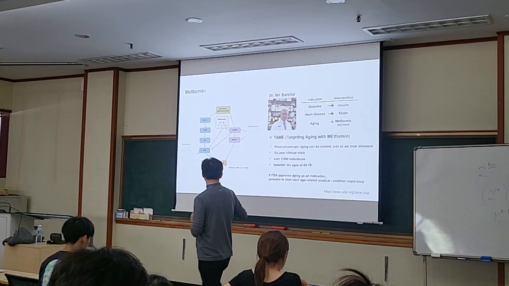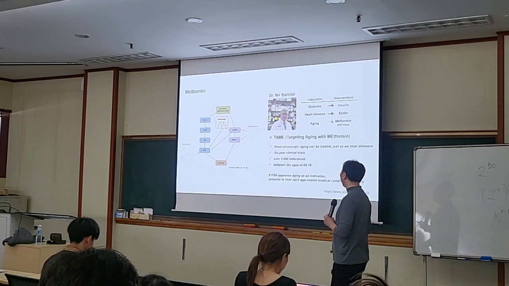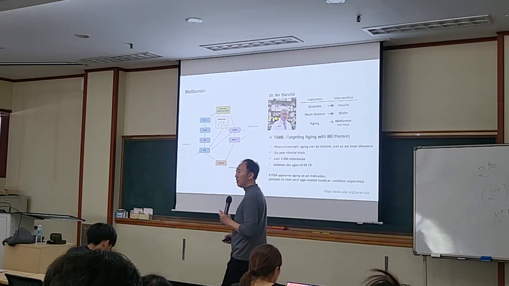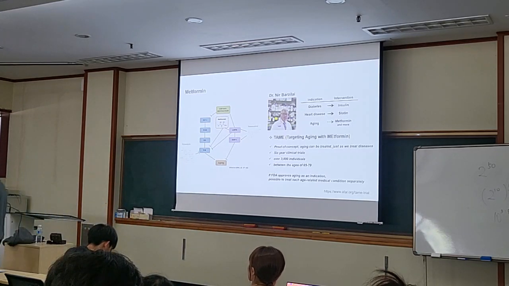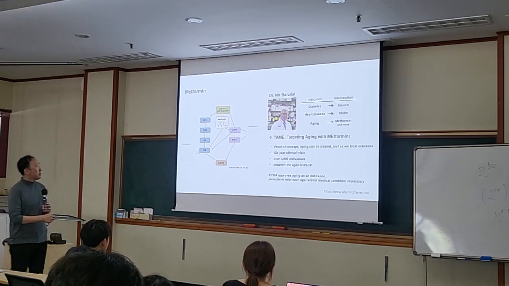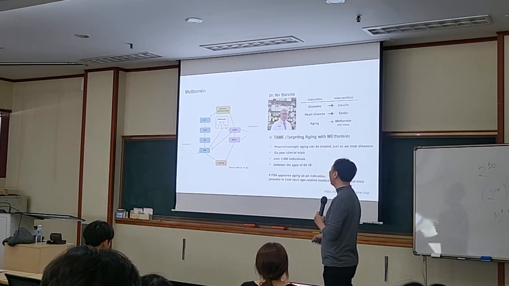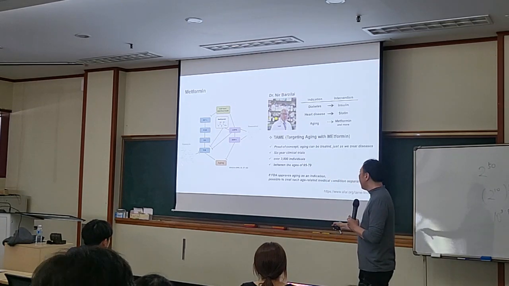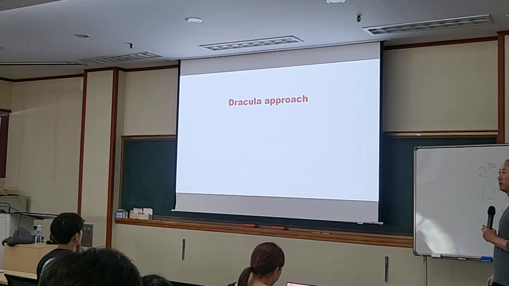And there is some movement utilizing metformin, and a massive experiment is ongoing, targeting aging with the metformin. So the project is ongoing. Seems like that may work. In Korea, you need to get the prescription from the doctor. In US, you can buy from the supermarket. So it's kind of possible drugs which may activate both. The mechanism is not really clear. Resveratrol, nutrient pathways, rapamycin growth pathways. Blocker, activator. Okay. Now another approach, Dracula approach,